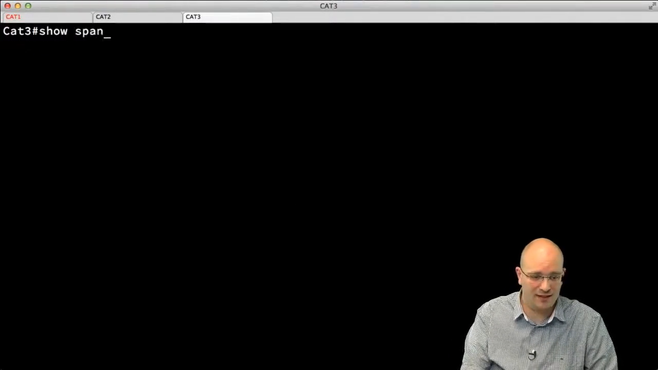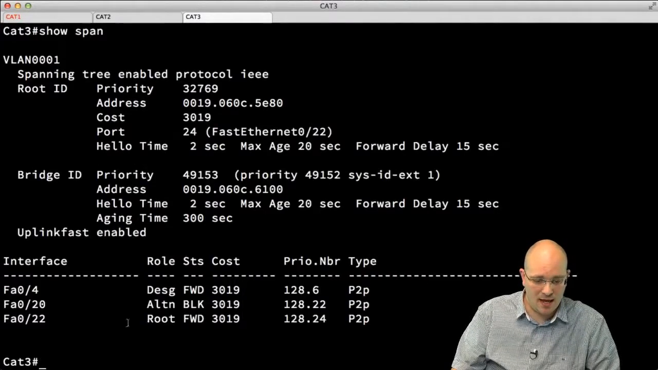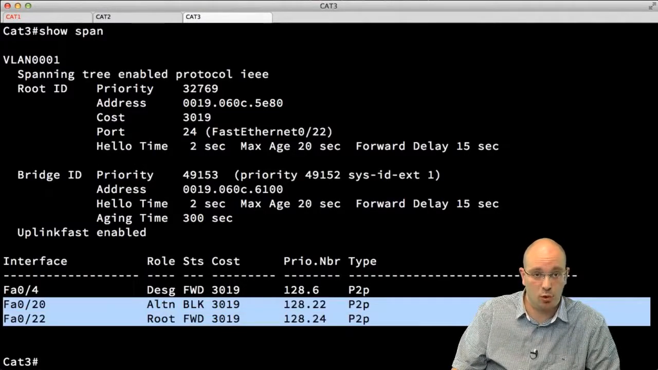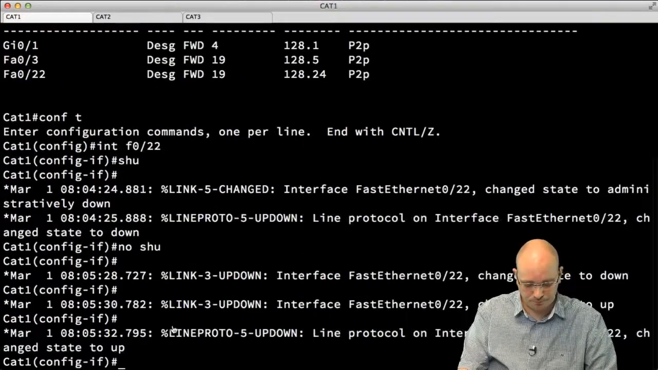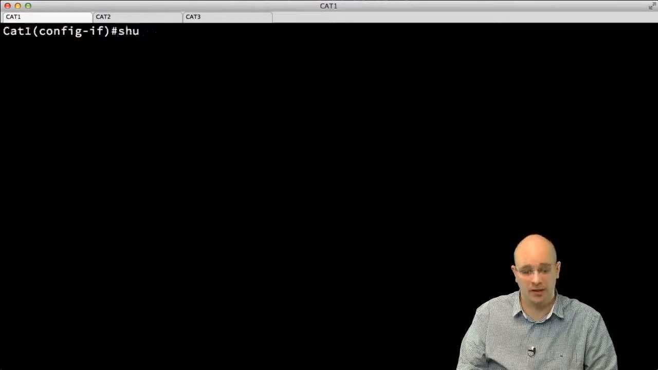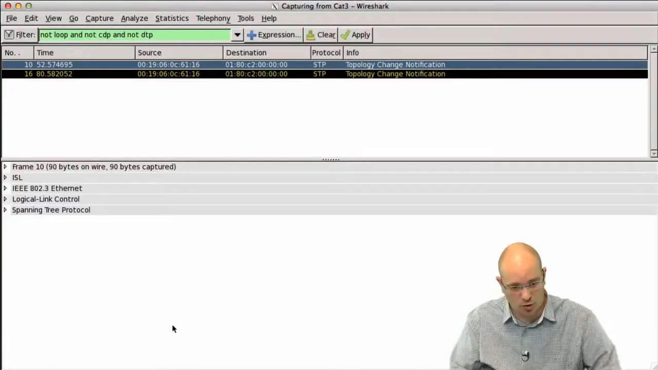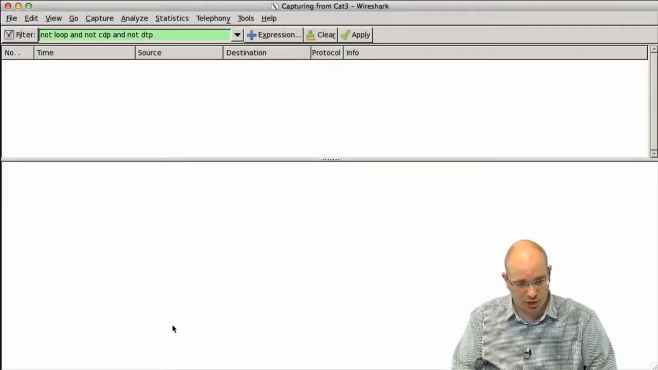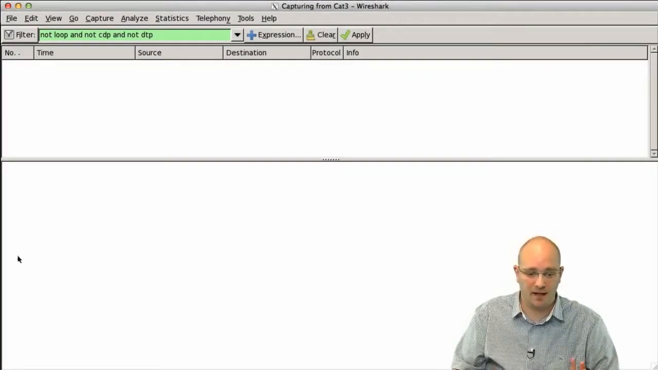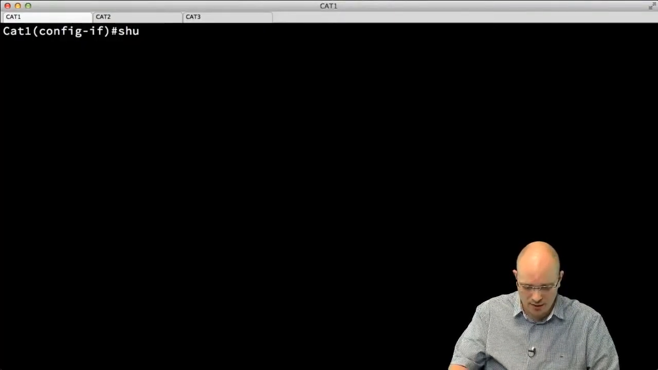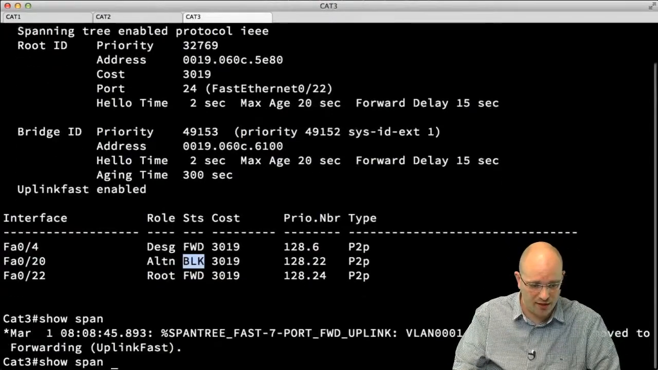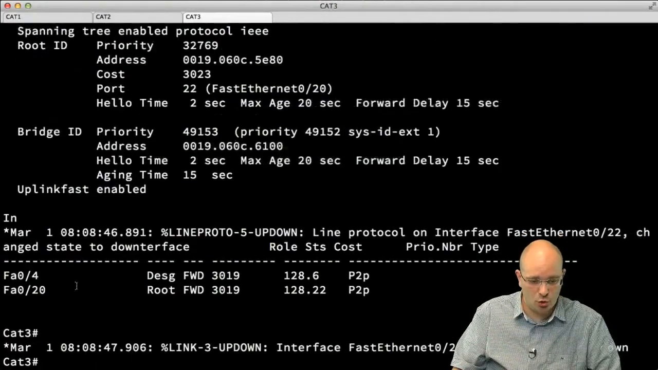So let's take a look at the output of our show spanning tree here, and I can see that the situation is as it was before. FastEthernet22 is a root port in forwarding state, and FastEthernet20 is in blocking state. Let's go to Cat1 and bring down the interface. Before I do that, let's go to our Wireshark. I'm going to restart the capture to have a clean slate there. So I'm going to go to Cat1, do shutdown, go to Cat3, and as soon as I do show spanning tree,